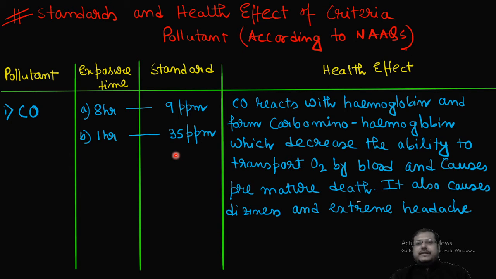This carbon monoxide reacts with hemoglobin and forms carboxyhemoglobin, which decreases the ability to transport oxygen by blood and causes premature death. Also causes dizziness and extreme headache. एक्चुअली क्या होता है कि कार्बोक्सी हीमोग्लोबिन जब बन जाता है दैट इज इरिवर्सिबल, वहां से आप हीमोग्लोबिन का आयरन सेगमेंट को दोबारा लौटा नहीं पाओगे।